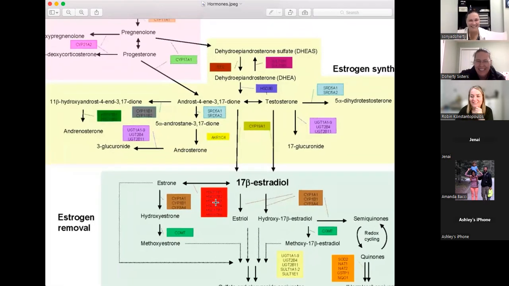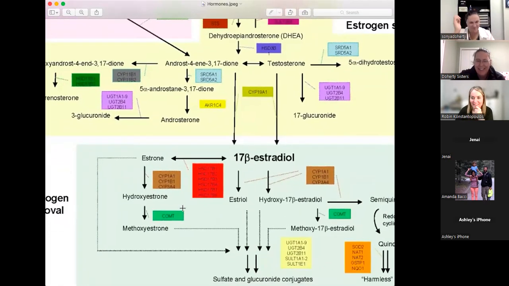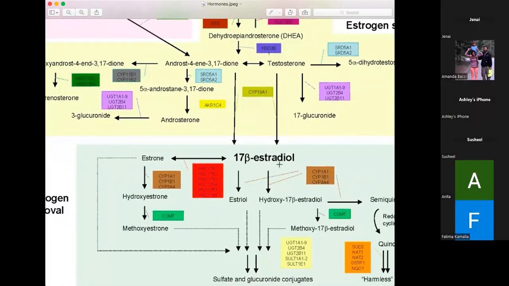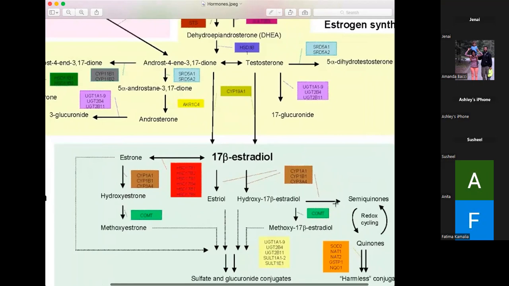So if we're looking at the COMT pathway that Sonya's just talking about, you need it to break down. This is your estrogen good chain. This is when estrogen makes good choices but detoxifies, and then this is when estrogen makes some bad choices, and it makes more inflammatory estrogens, but it still needs to be detoxified. That COMT pathway is really involved. So people who are born with a genetic COMT pathway inefficiency will need more help detoxifying their hormones. The more you make, the more you have to detoxify.